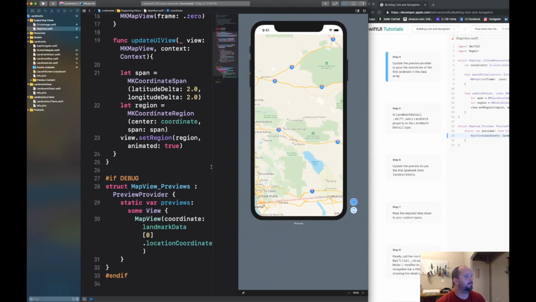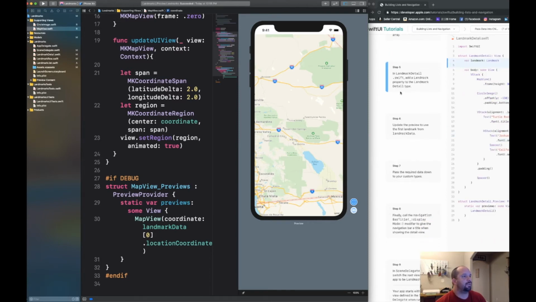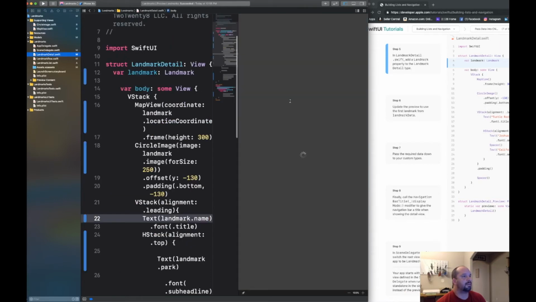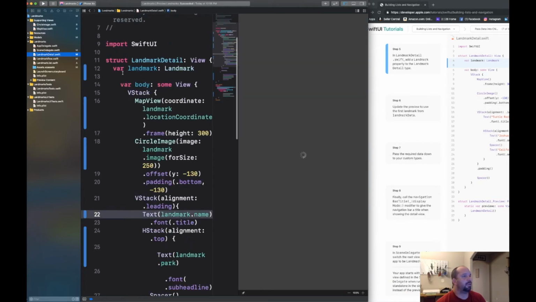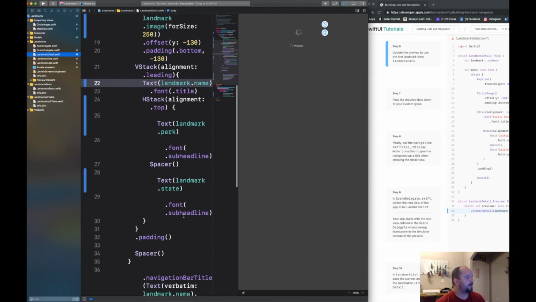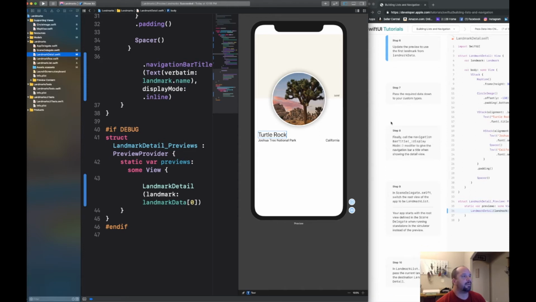All right. Then we go into landmarkDetail.swift, and we add a landmark property to the landmark detail type. Step 5. Step 6, we update our preview with LandmarkDetail, landmark with the rest of the arguments. Step 7,